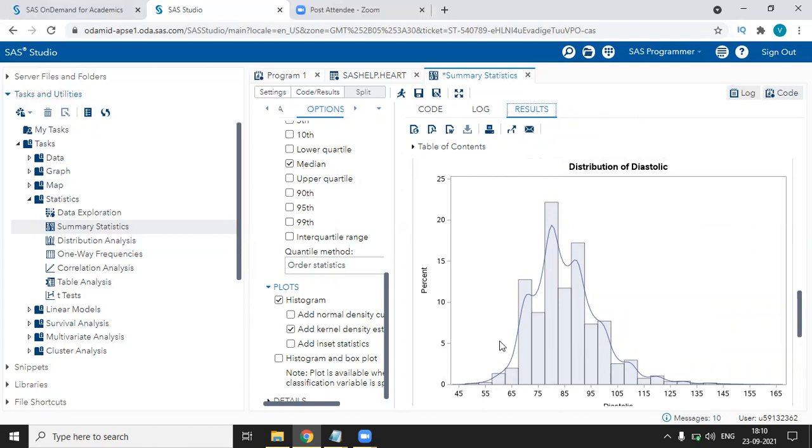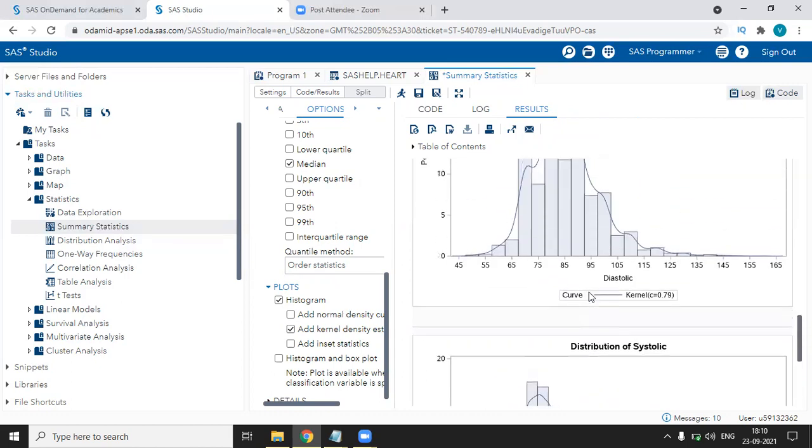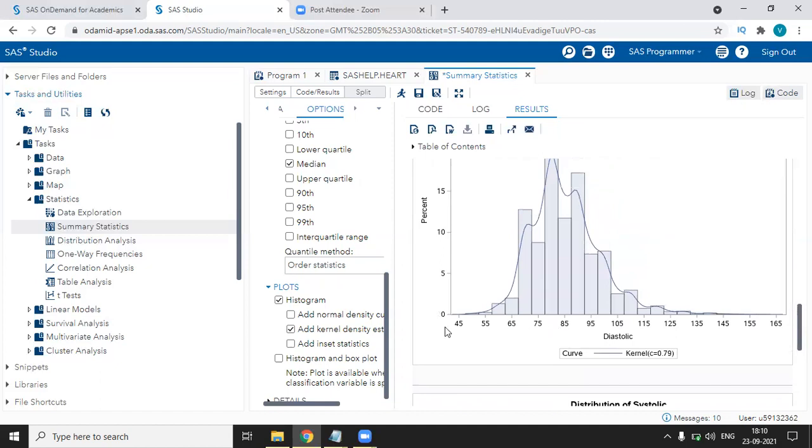Normal curve will fit a normal distribution. It will not see the histogram, what it is representing. The kernel density goes similarly to the histogram. As histogram, the bars are going upward, so the density will go upward. When it comes down, the curve of the density will come down. You can see this is the difference between kernel and normal distribution.